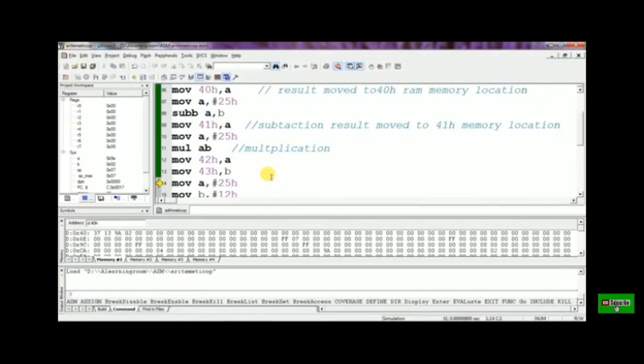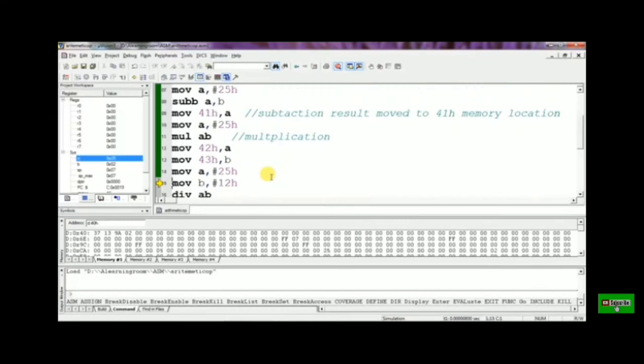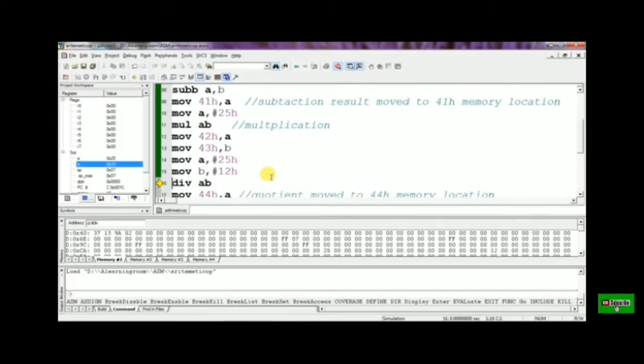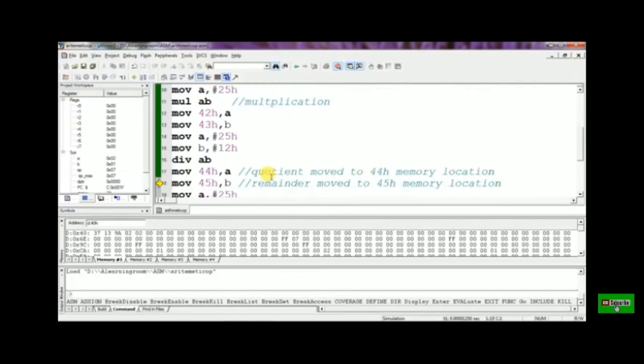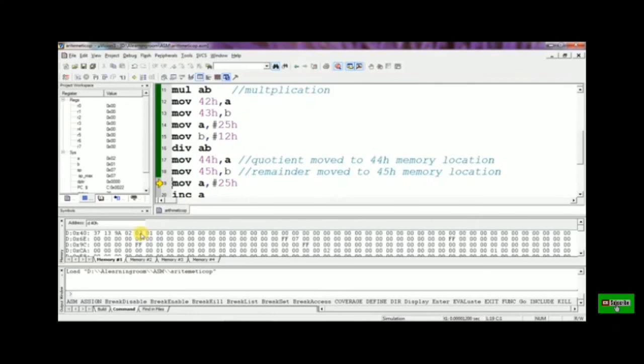Then move 25H again into the accumulator, then divide A, B, and we get the quotient value in the 44H memory location. You can observe it in the memory window: the quotient is 02, and the remainder is 01.